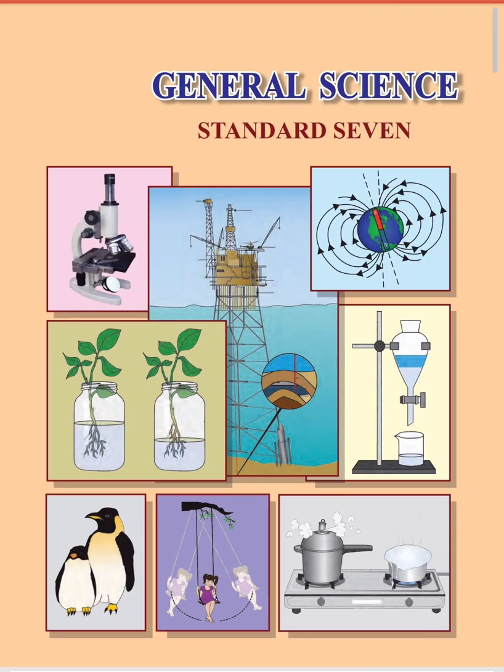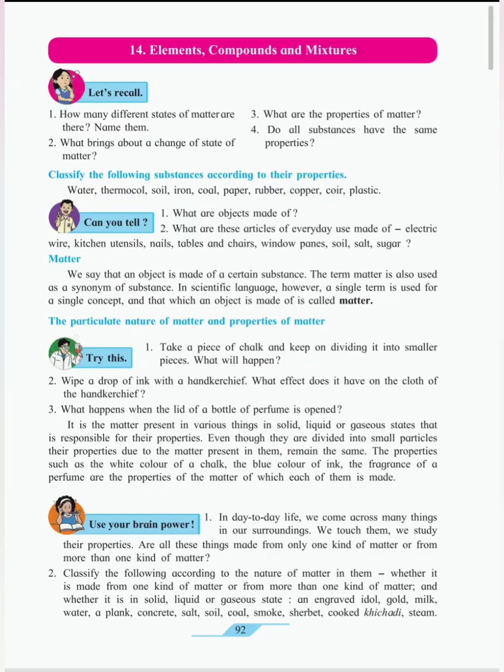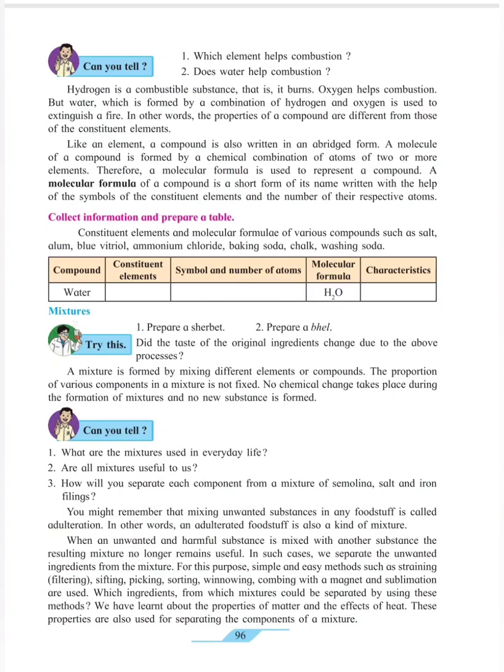Welcome back, students. Let us discuss shortly about whatever we have studied today in the lesson Elements, Compounds and Mixtures. Dear students, we have discussed the four different methods of separation of mixtures. Mixtures are the substances or things, the different kinds of items mixed with each other and coming together, called mixtures. The four different methods are the method of distillation, the method of centrifugation, the method of separation using a separating funnel, and the method of chromatography.